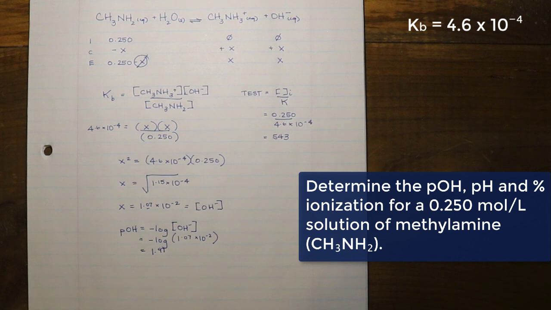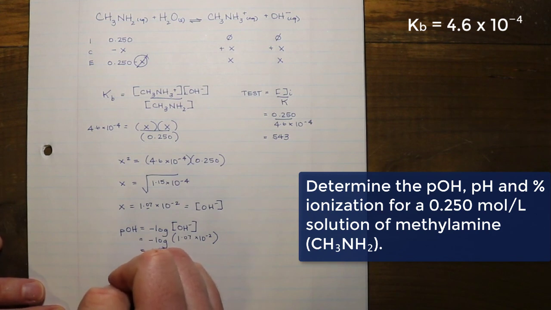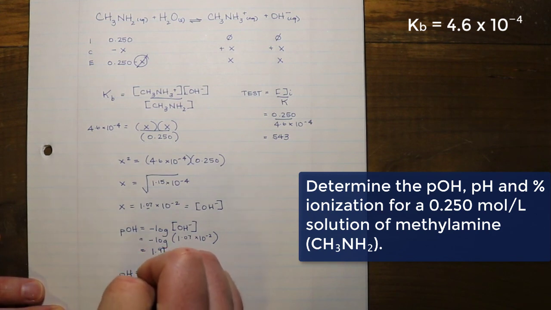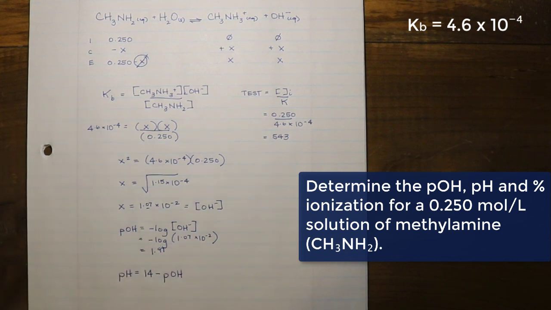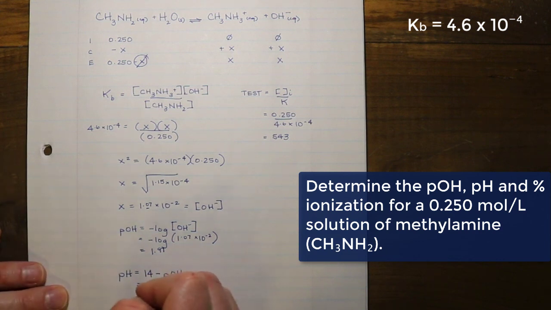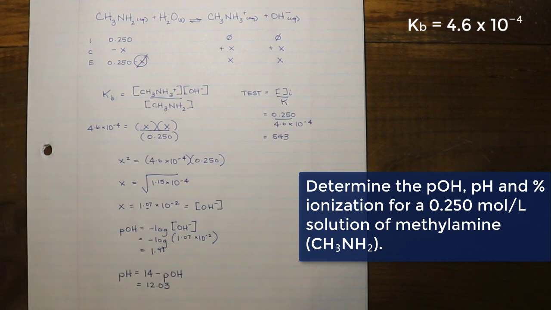This is not a low pH, it's not indicating that this is acidic, this is a low pOH. What we are going to do now is calculate the pH of this solution. So pH is equal to 14 minus the pOH. So in this case, we're going to take 14, we're going to subtract the pOH value that we got, and we are going to resultingly have a pH of